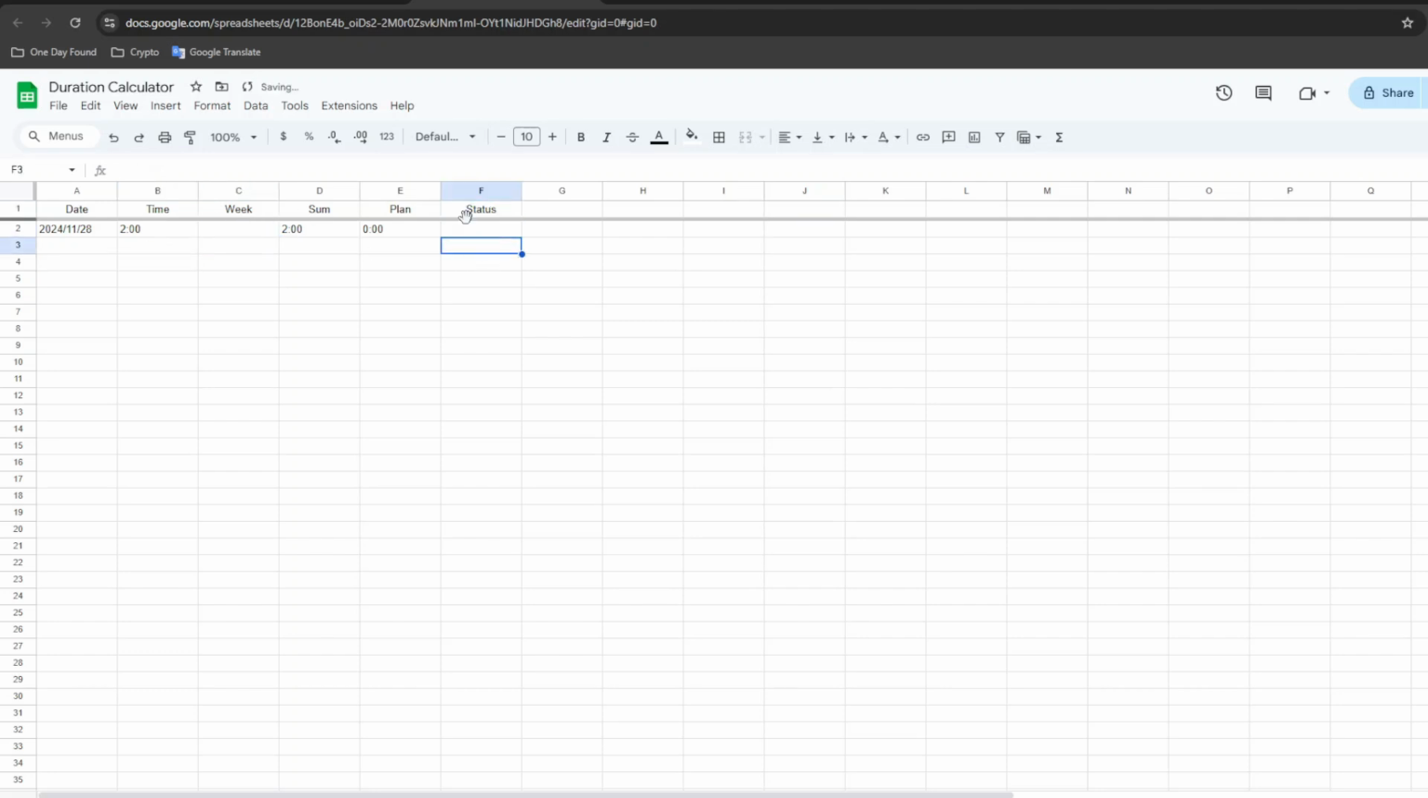And here we want to have a status. What is a status? In this project, status is showing us how well we are doing in this project. Are we okay, or are we late, or do we have time, and so on. In this column, I want to enter an IF formula, for example, if